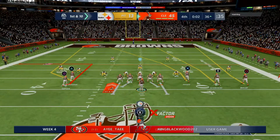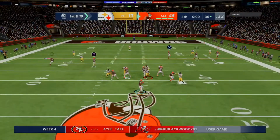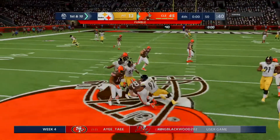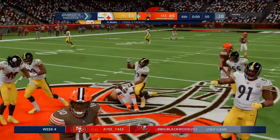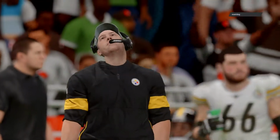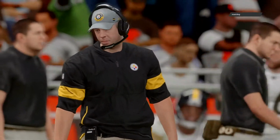So from the 36 now, 1st and 10. Working out of the gun. Love. And the ball comes out. Love lost it. And the offense will get the ball back and be touchdown. And with that, this game is over. 45. Well, Charles, it's one thing to win. It's another thing to win and put up the amount of